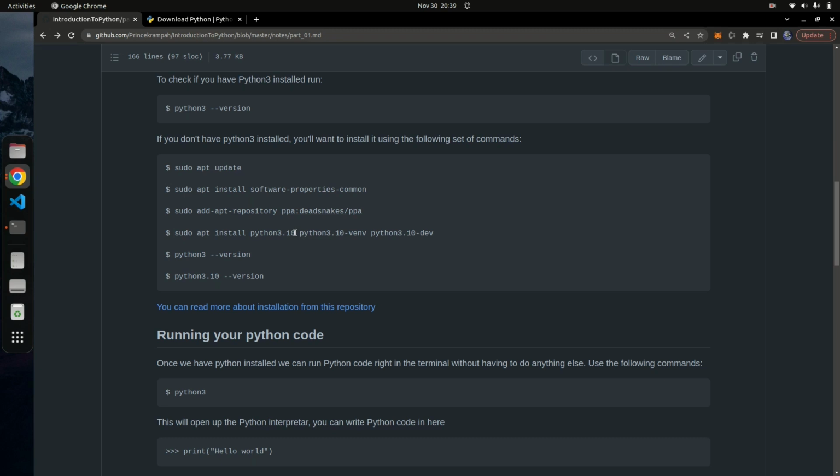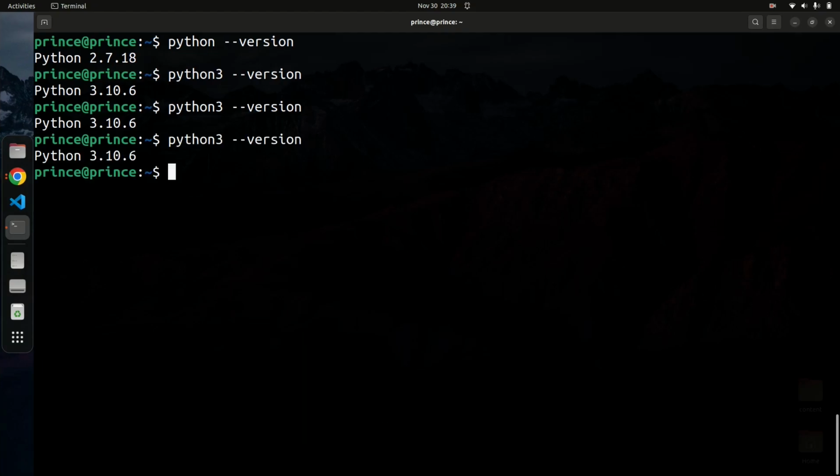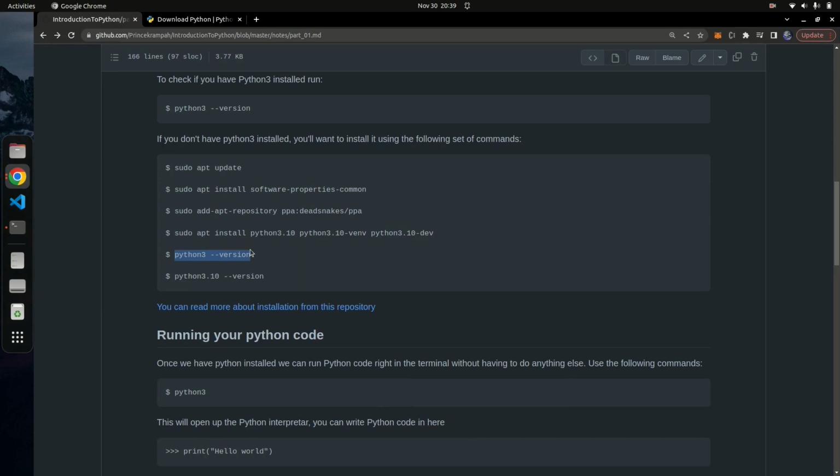After that, you go ahead and install python3-venv for creating virtual environments, and then you can install python3-dev. Once you have that, you can confirm the Python install by running this command. It's going to check the Python 3 version, like the way we did it up here, in the terminal. It returns the Python version that you have installed. For me, I have 3.10.6. You can also run this command to check the Python 3.10 specific version. Okay, so that's all fine.